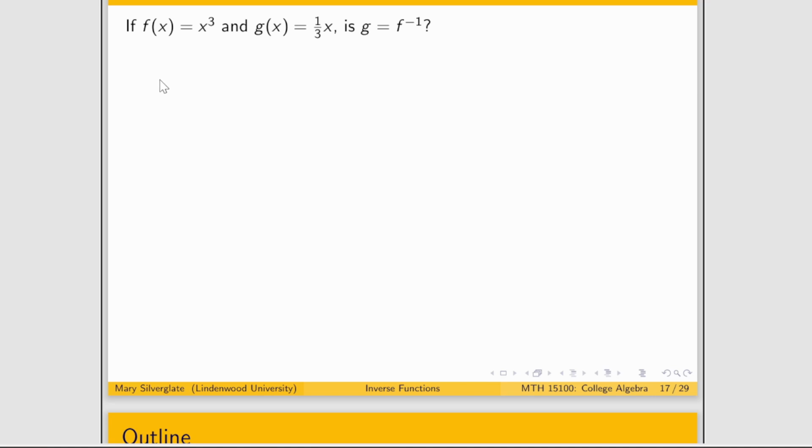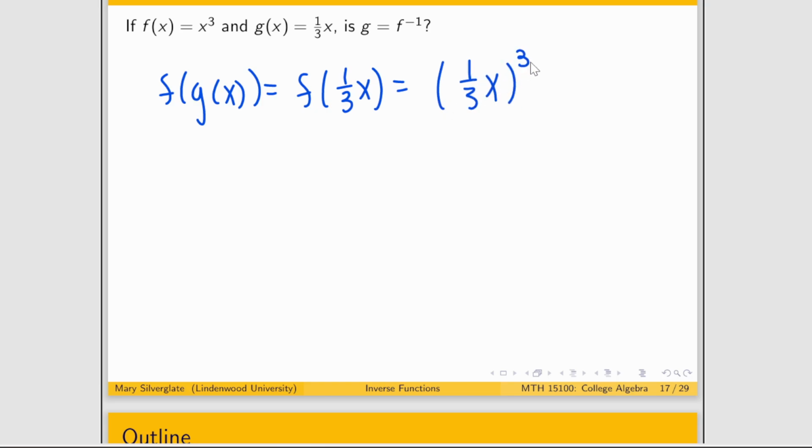So here again, you can plug either way. So let's say I found f of g of x. If I plugged g of x into f, that is 1/3 of x all cubed. The only way this would simplify is that the cube distributes to both. So that becomes 1/3 cubed times x cubed, 1/3 cubed being the same thing as 1 cubed over 3 cubed